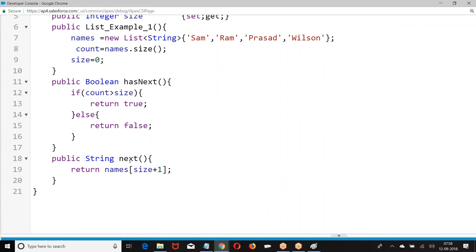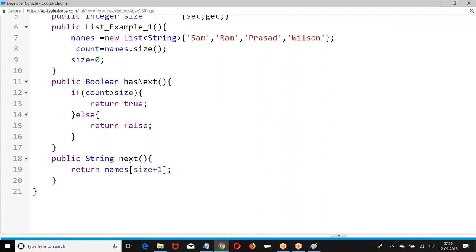You are applying your own custom logic to navigate to the next record based on your functionality. Did you get my point? If I want to go from 1 to 2, 2 to 3, 3 to 4, a for loop is sufficient, right? I can write a for loop and complete it. No, I don't want to go 1, 2, 2 to 3 by default. I want to apply some logic. If that logic is true, then only I want to go to next.